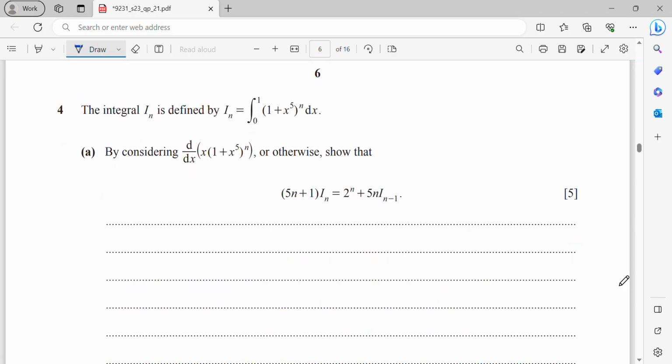Okay, now for question number 4. The integral In is defined by this integration. By considering the differentiation or otherwise, show this formula. Okay, so since the hint is given, by considering the differentiation, that means I will start with the differentiation first. Okay, now when you differentiate,